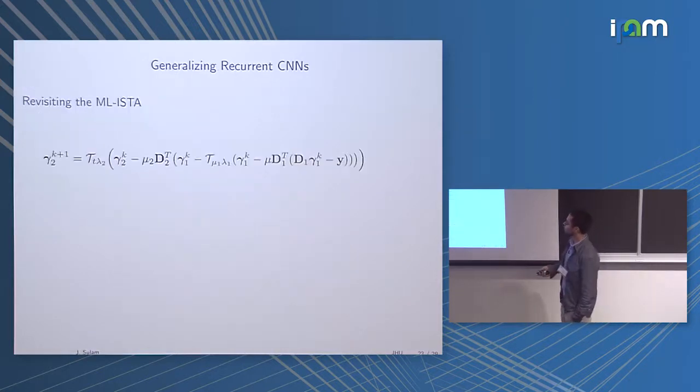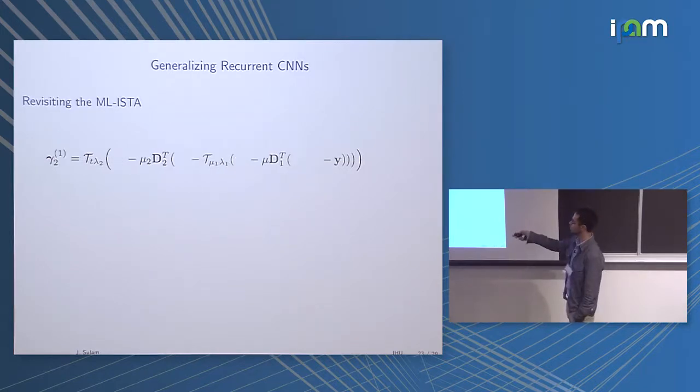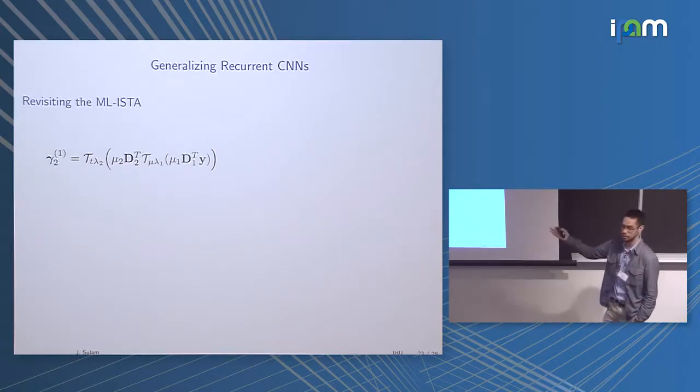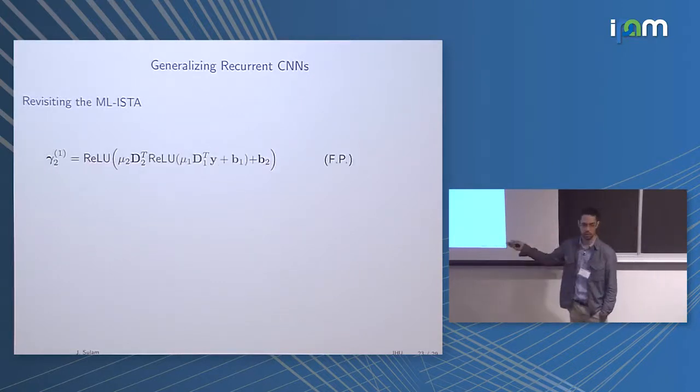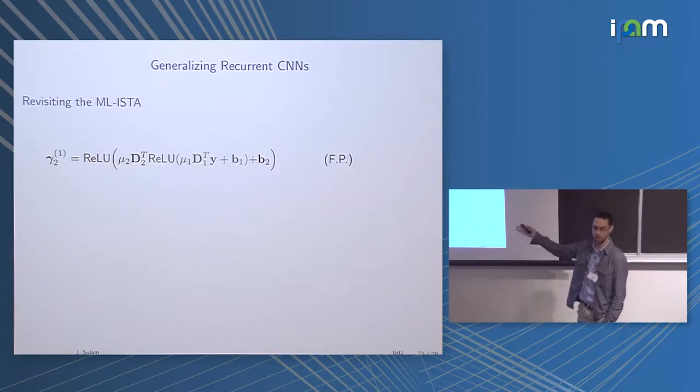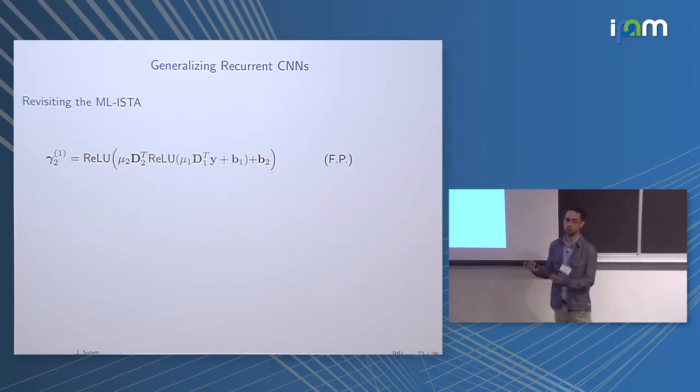So let's look at the algorithm one last time. This is it. Let's say that we start by initializing all these representations with zeros. So these cancel out, and you put all that together, you end up with that, and probably by now you're already recognizing that this is nothing else than the forward pass, because the shrinkage can be written in terms of ReLUs and biases. So great, this says that the forward pass is already computing for us the first iteration of this multi-layer ISTA algorithm.